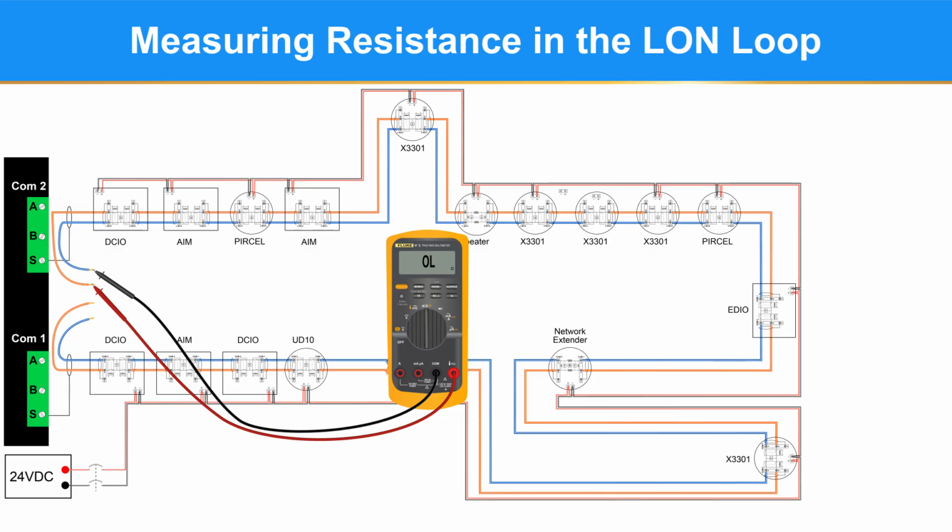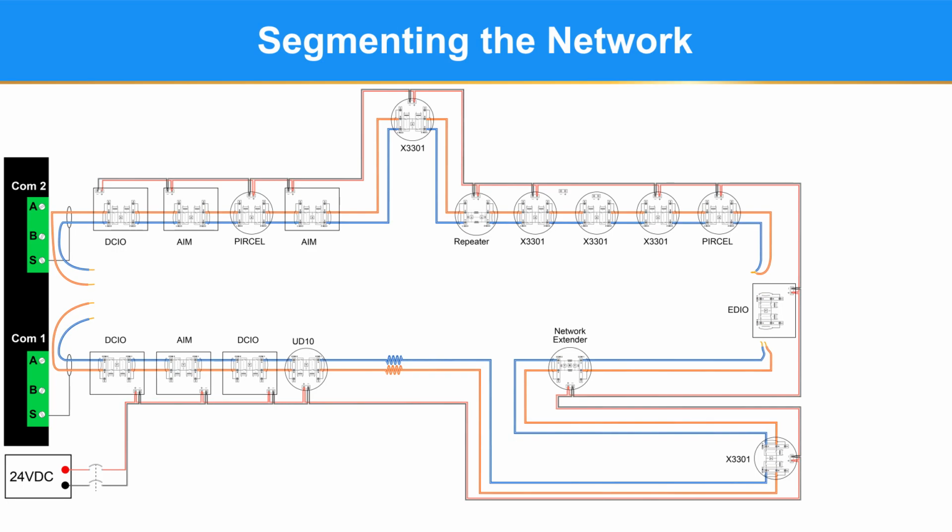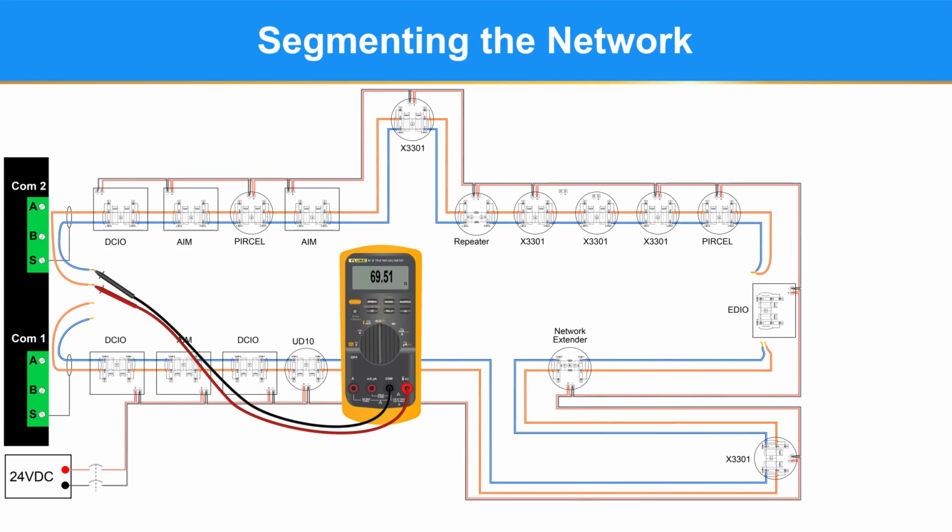If any of these measurements don't look good, you will need to start segmenting the LAN network to find out where the resistance is. Here is a quick hint on segmenting the network. Power down the network and devices. Disconnect the LAN wires from the controller. Pick a spot about halfway around the network and disconnect it. Short the 2 wires you just disconnected. Take a resistance reading at COM2. The reading is